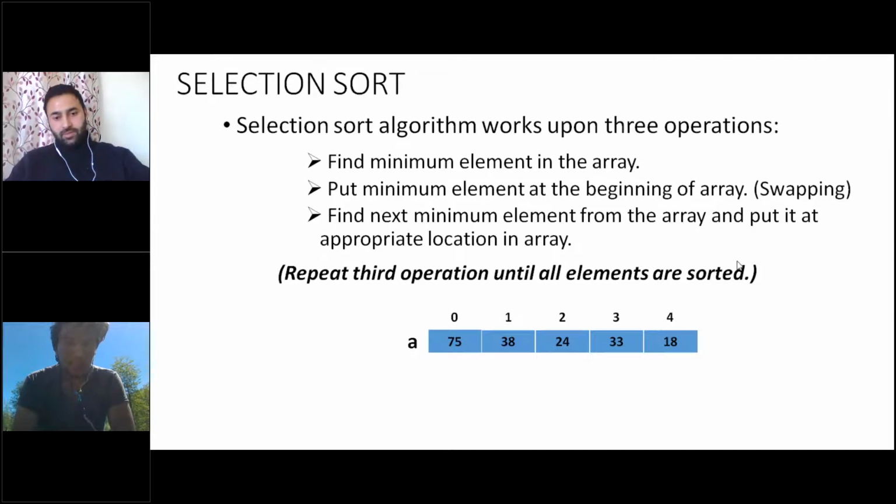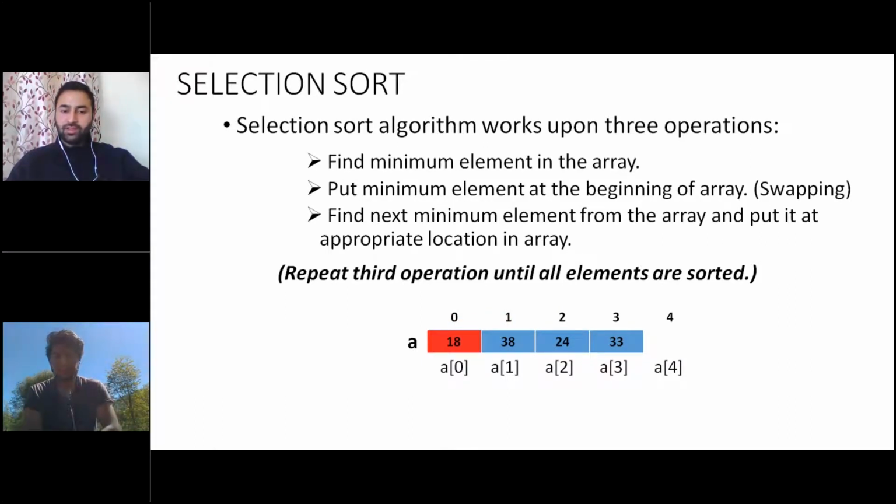See, these are the numbers. These are 5 numbers, and now you are going to rearrange these elements using selection sort. So first of all, which is the minimum element in this array? Tell me which is the minimum element? 18. Okay, so 18 will be placed at the 0th location. So it has to be moved to the 0th location and it will be swapped with the 0th element like this. This is the first operation you have to do.